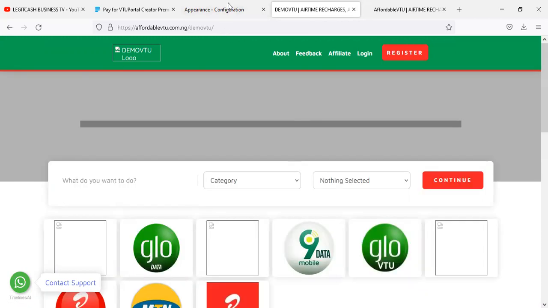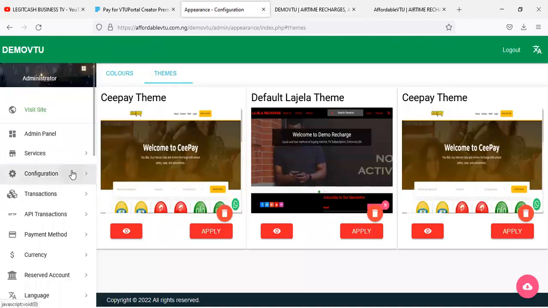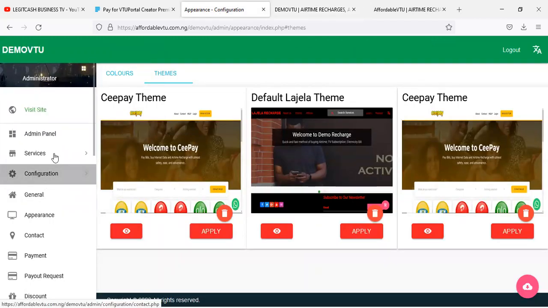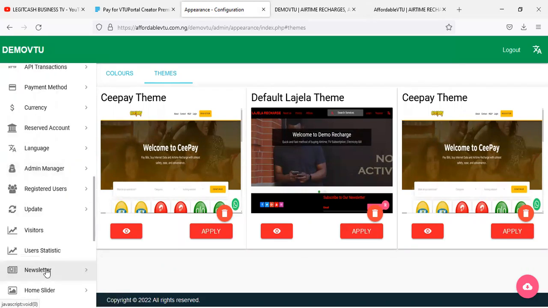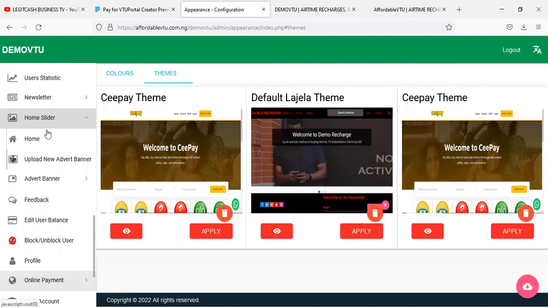So how do we deal with the slider? Quickly, I'll just go here. Just go to home slider. You can see it here, home slider. Just click on home, under slider, home slider. Once you're on the home,